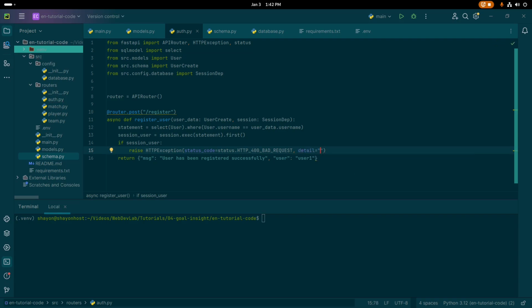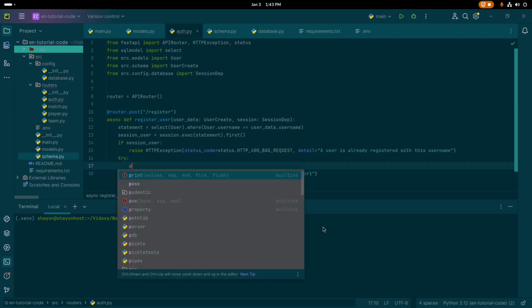The detail of the error is the user is already registered with this user name. Okay, then if we don't get any error, that means we don't have any session user, we are going to create a new user. We are going to use try catch block here,